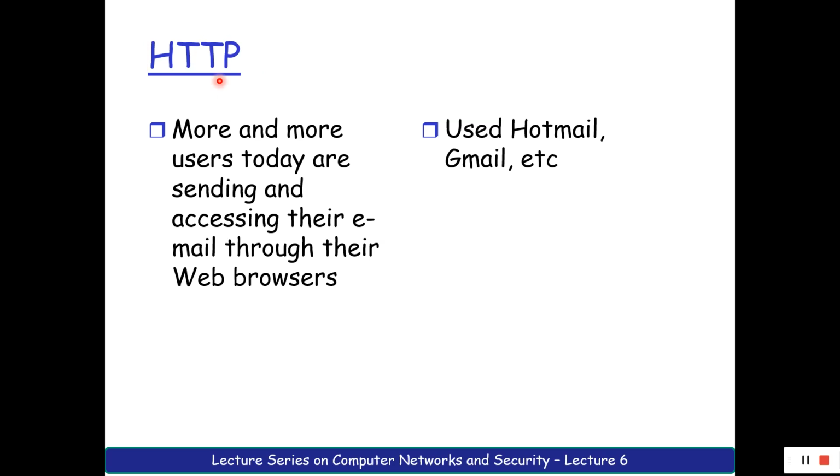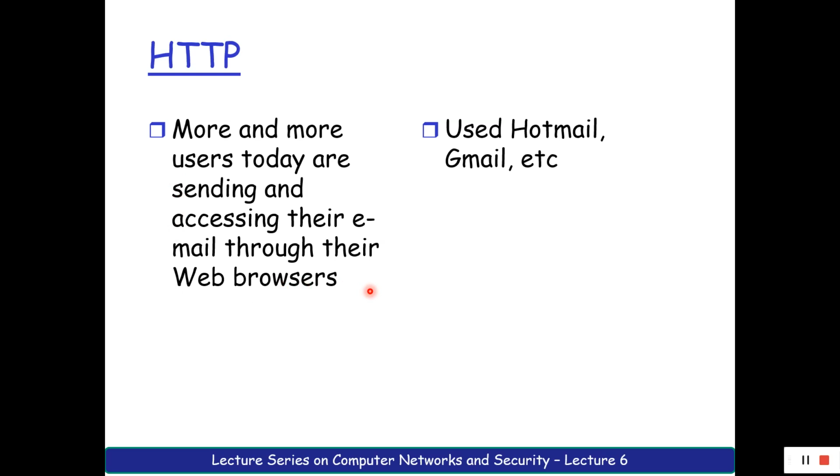POP3, if you want aliasing of your addresses and all, is still used to date in Gmail as a backend for some reasons. The basic use of HTTP for mail was done at Hotmail. Hotmail were the people who actually started accessing mails via HTTP rather than POP3 or IMAP. So HTTP has become a popular way of accessing any of the protocols, and we call it browsing as usual. So this is how your SMTP works.